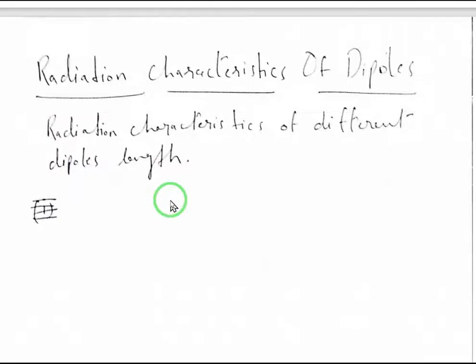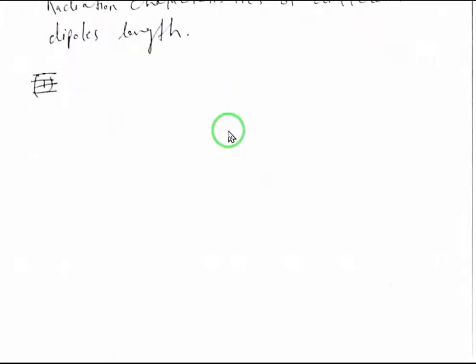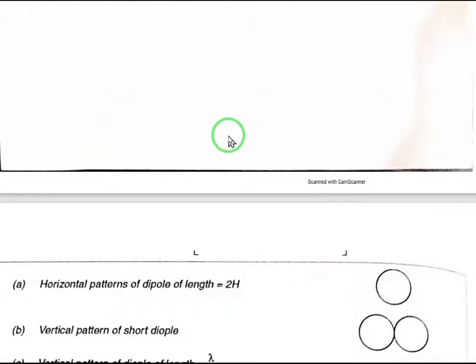That means we have certain standard lengths of dipole that have been originally, universally characterized. We have some fixed length dipoles that have been characterized universally, and they are,